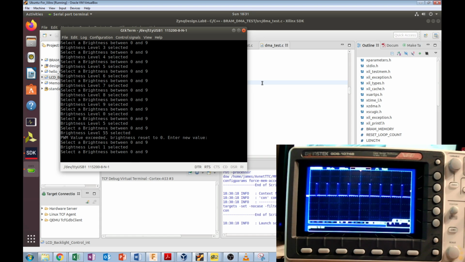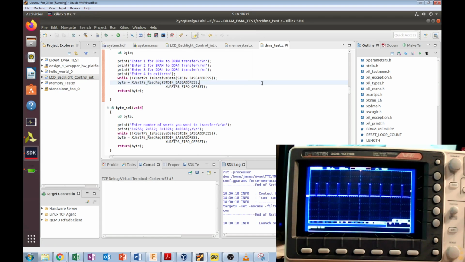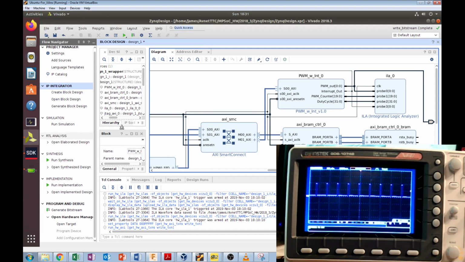So that works. It's creating the PWM signal, but there's more. So we've added the logic analyzer. Alright, and so what we can do on here,